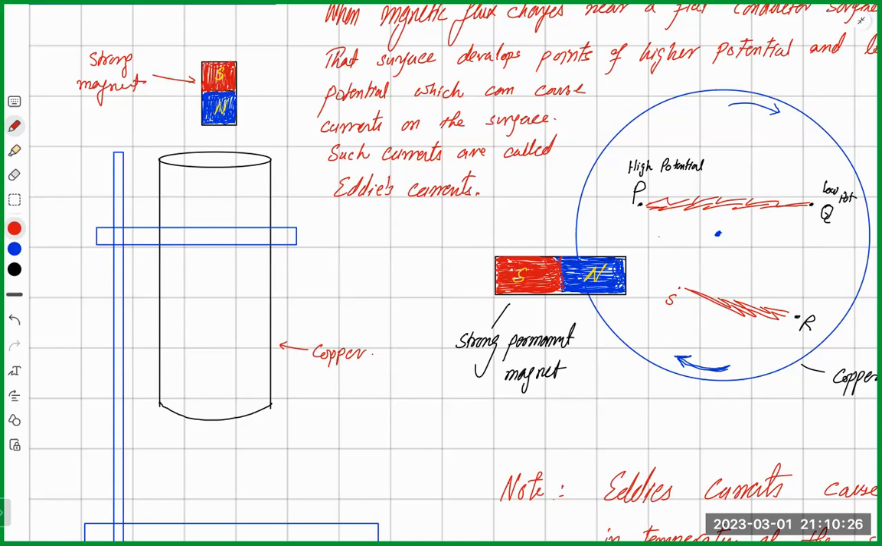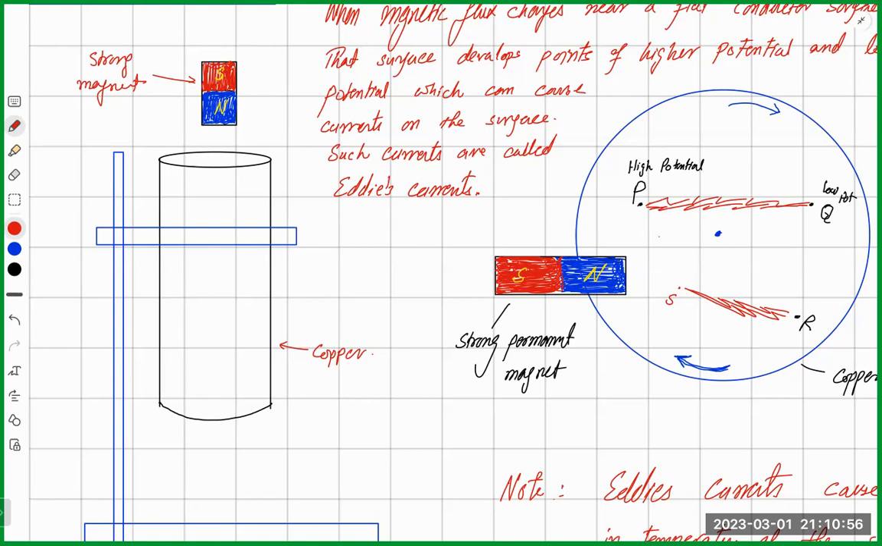So this falling magnet will be changing magnetic flux around the wall of the pipe, and this will produce different potential points on the surface of that pipe, which will cause currents that will travel on the surface. Those currents will also have their magnetic field, and those magnetic fields that are produced on the walls of the pipe will oppose the motion of the magnet through it, and that will cause the magnet to slow down